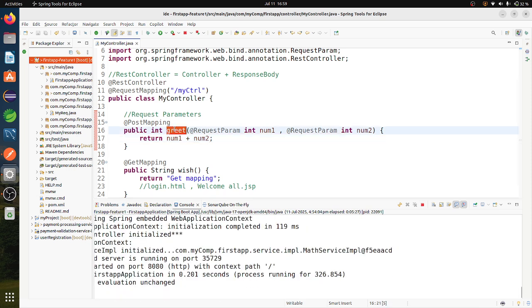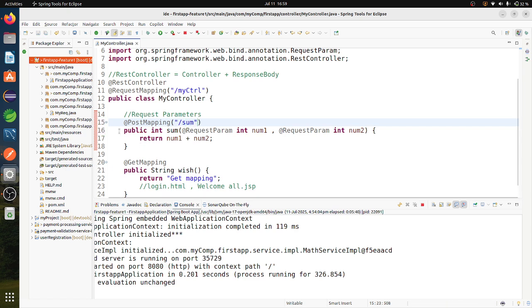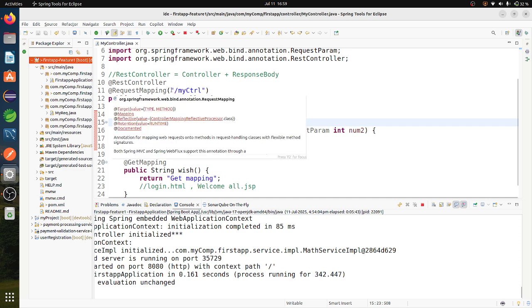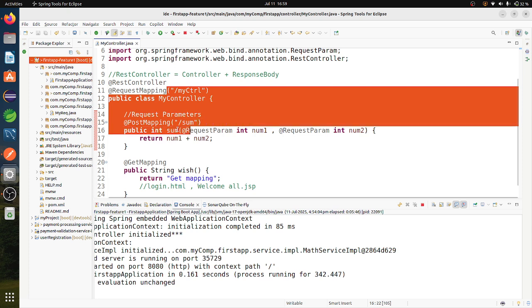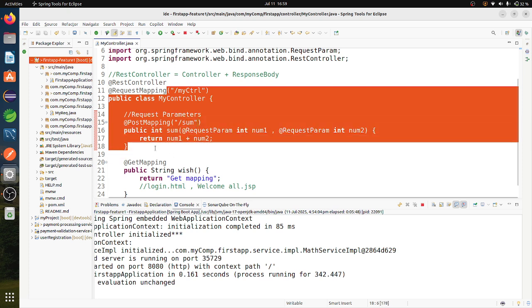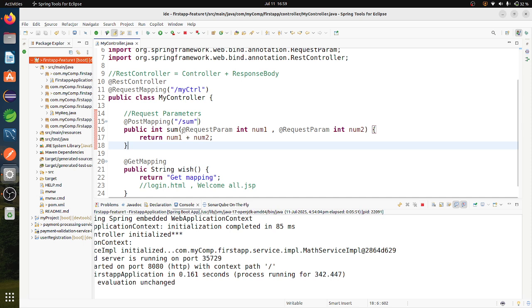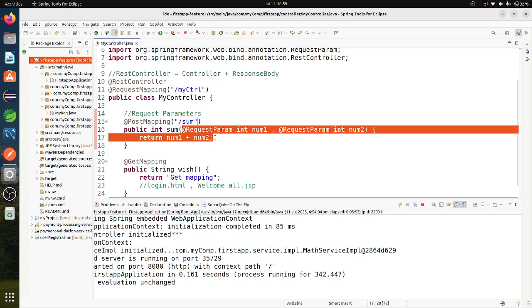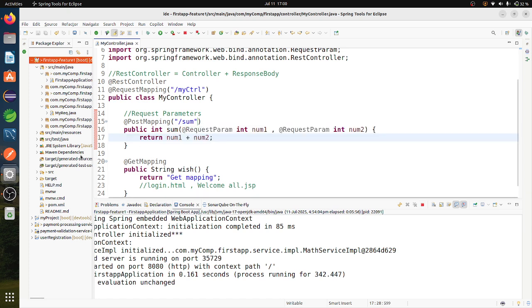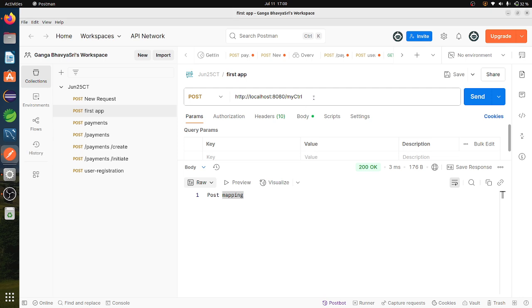Instead of greet, I'll say sum, and here I can pass some API. Whenever the request comes to this controller class, it will come to the sum API. Then whatever the parameters that I have asked, that will be calculated, and it will return the sum back to the user. Now I'll write sum, and it is of post type only.